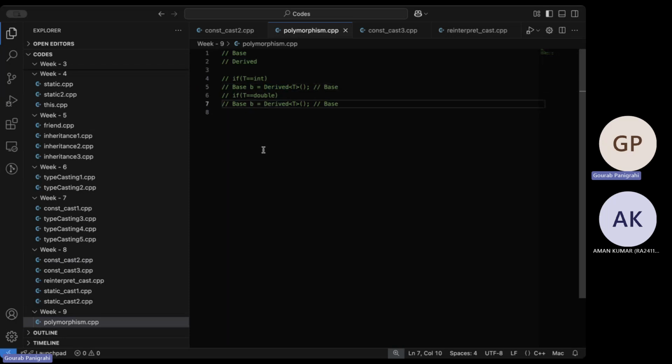But it is not known by the B, the base class object. It is just an instance of derived for a specific case. If it's integer, it will still be B. If it's double, it will still be B. But if I'm using the functions from B, like there is some function and passing parameters or whatever, I don't need to worry about any of this.